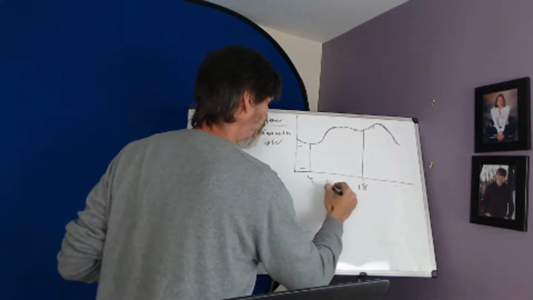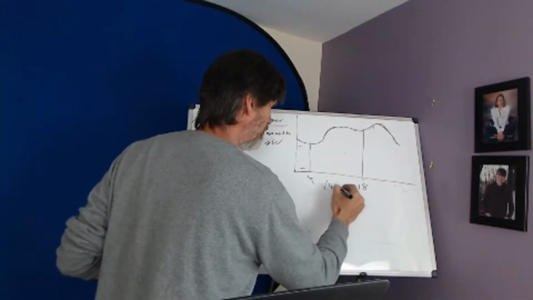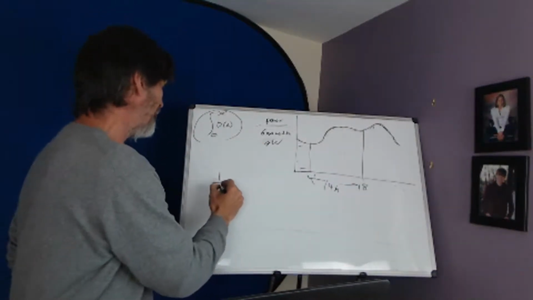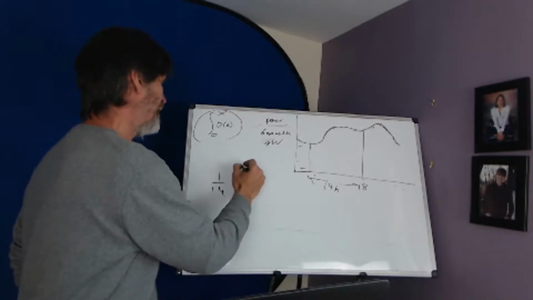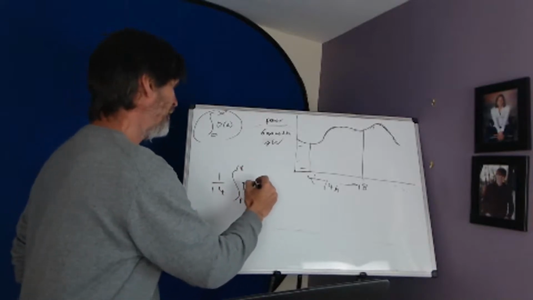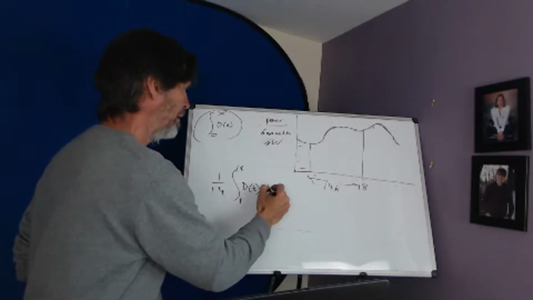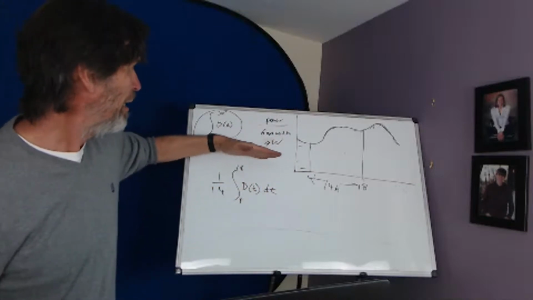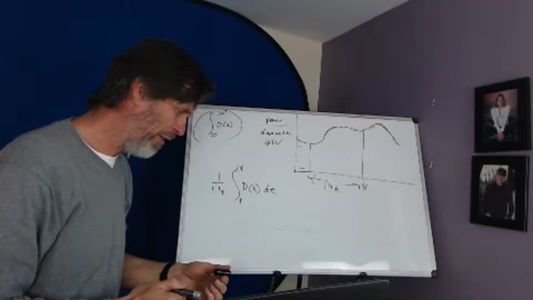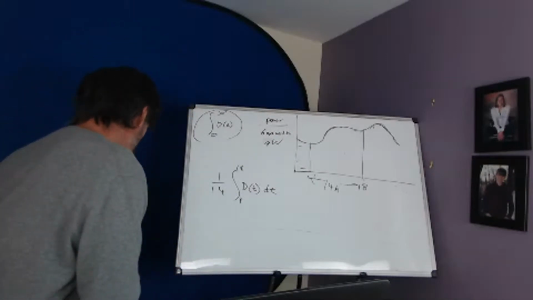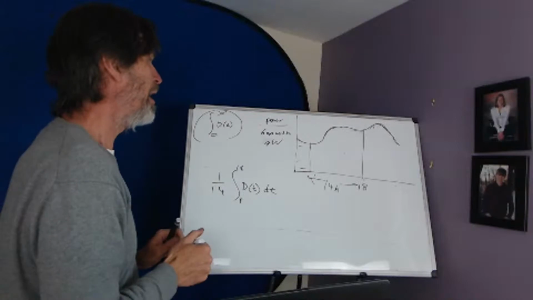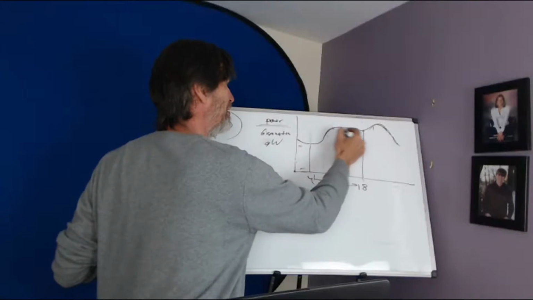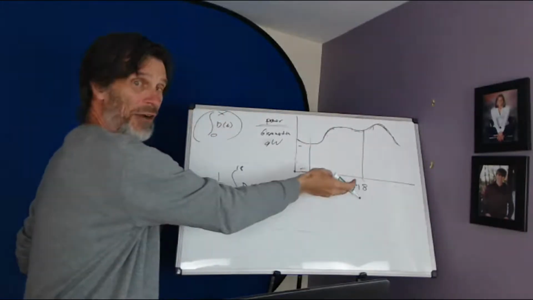So notice that this is a 14-hour stretch, huh? From here to here. So I took 1/14 of the integral from 4 to 18 of dE/dt dt. So this is the total energy. Now what I'm replacing this area under that curve with is a simpler line, or a simpler area, not a simpler line, a simpler area. I want to take off these peaks and these valleys. I want to come up with a rectangle that has the same area as the area under the curve.